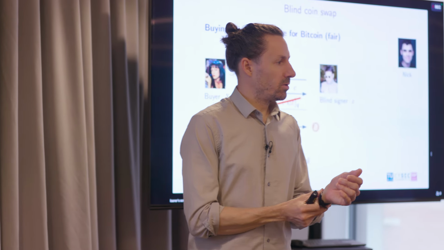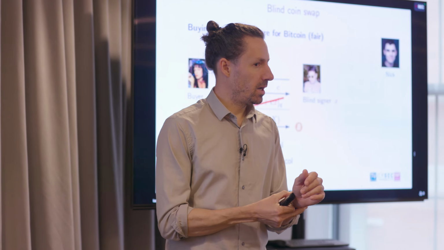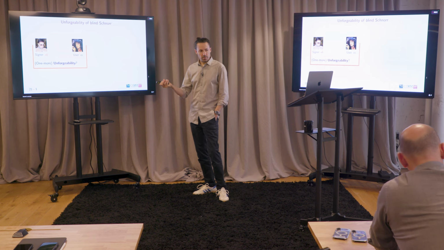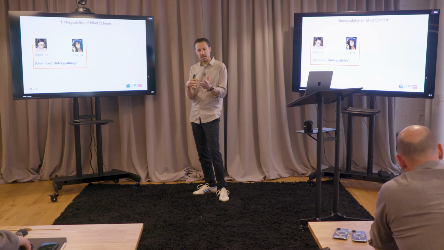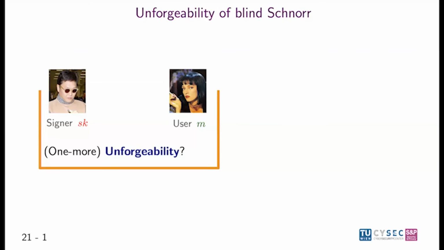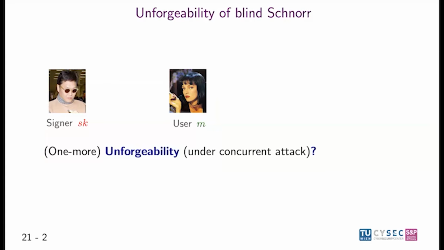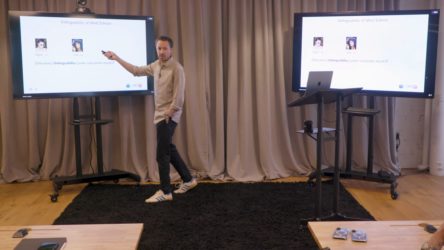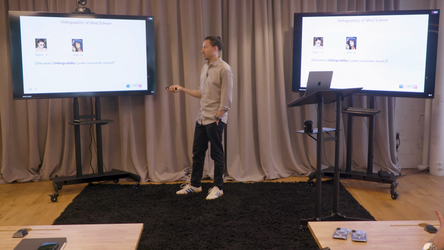In the remaining time, I'd like to focus more on blind Schnorr signatures and the security properties that we know of it. I told you that blindness is something that you can easily check and it holds unconditionally, but the blinder the thing gets, the less unforgeable it gets. There's a trade-off. So what do we know about one-more unforgeability of Schnorr signatures? What do we mean by one-more unforgeability? And I argue what we want is concurrent security. Why? Because if you look at an application of blind signing, think eCash, think a bank blindly signing a lot of serial numbers, you want to be protected against concurrent attacks.